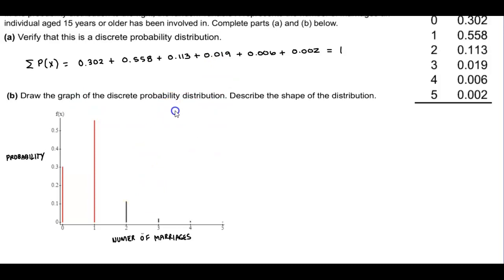Now the next thing we want to find out is the shape of the distribution. You can see here that it has one mode and it is skewed right. So we can say that the distribution has one mode and it is skewed